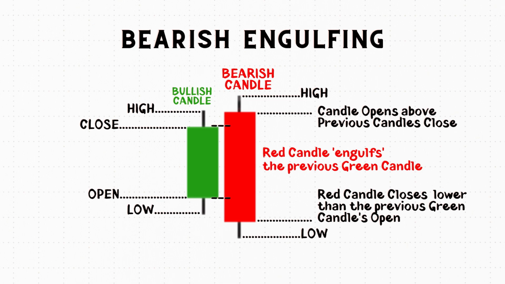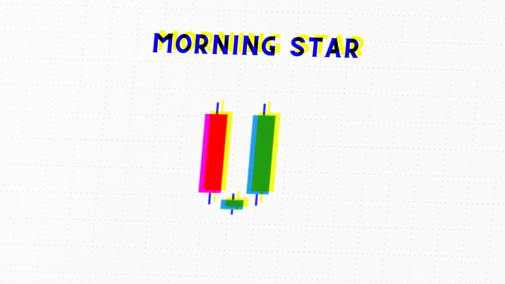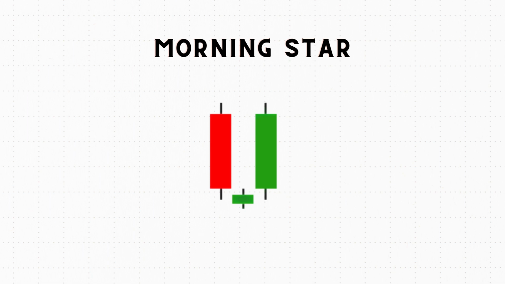Now let's see another important candlestick pattern, the morning star candle. As the definition says, a morning star is a visual pattern consisting of three candlesticks that is interpreted as a bullish sign by a technical analyst. If you look here, the candlestick which was showing signs of downward movement later formed a reversal in the next candle and then continued to move in the upward direction. So if traders see this morning star, they will see that the market is heading upward and they stay long on the market.